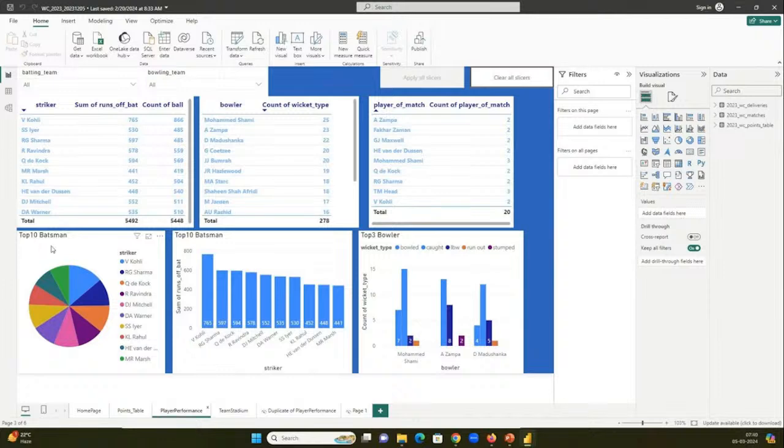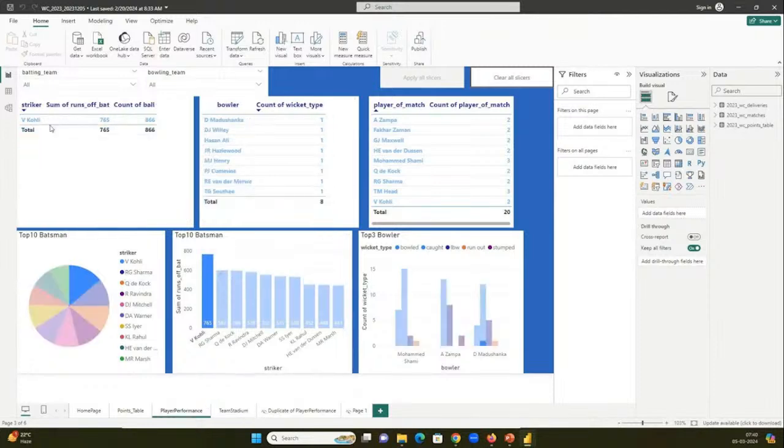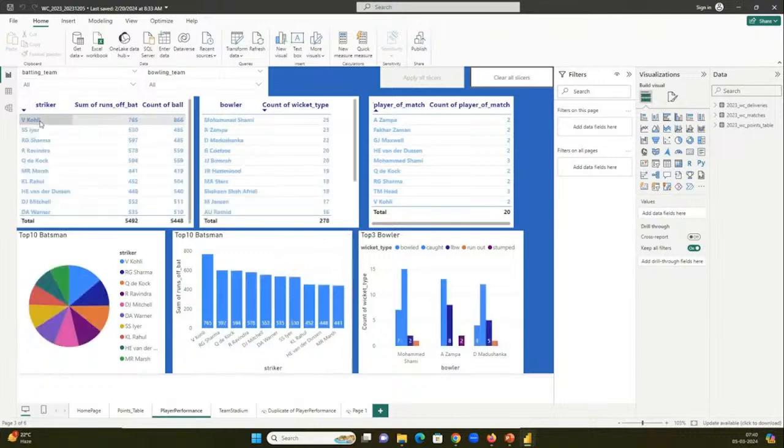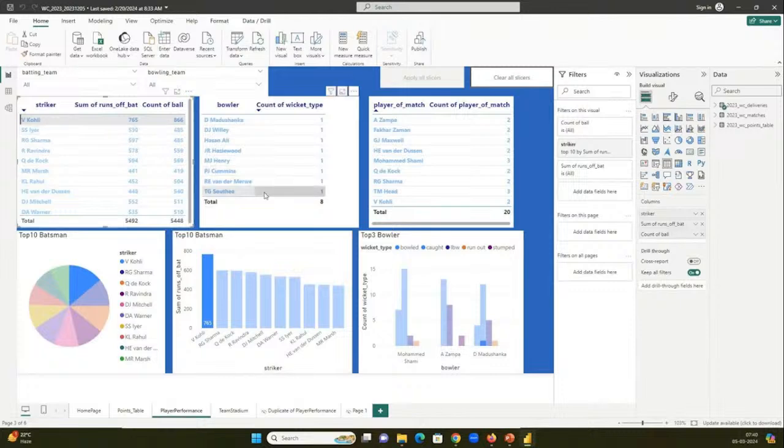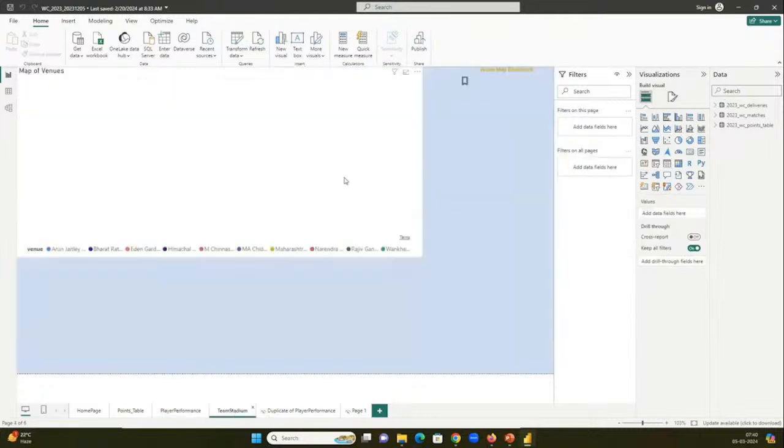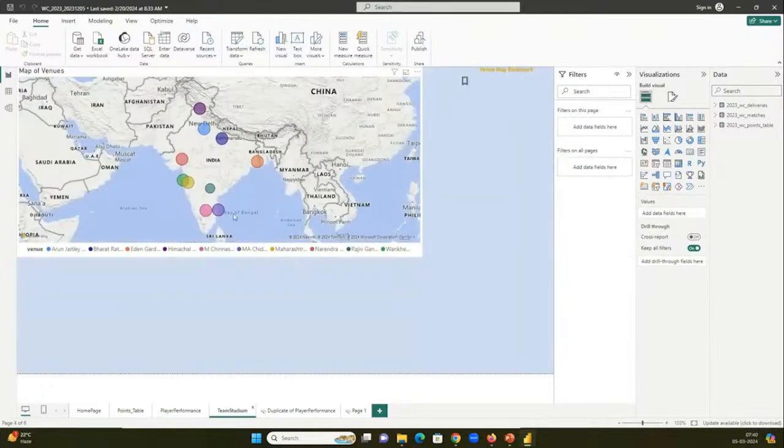This data set that you are seeing right now for creating the World Cup report is the simplest of the data sets. We will start off by understanding this data set and creating these visualizations. Based on your interaction, the graphs also change. When you click on any particular graph, the other graphs also change automatically because all the data in the background is linked together. And if you see how many matches have been conducted in different venues,